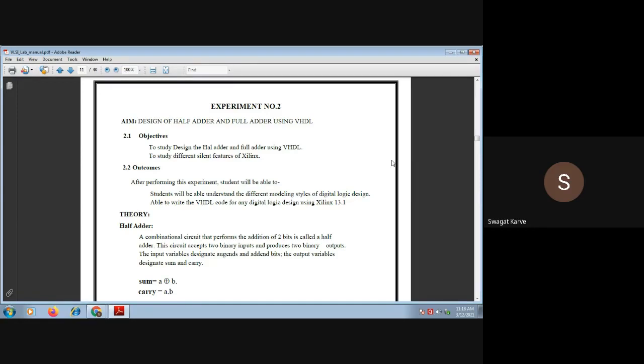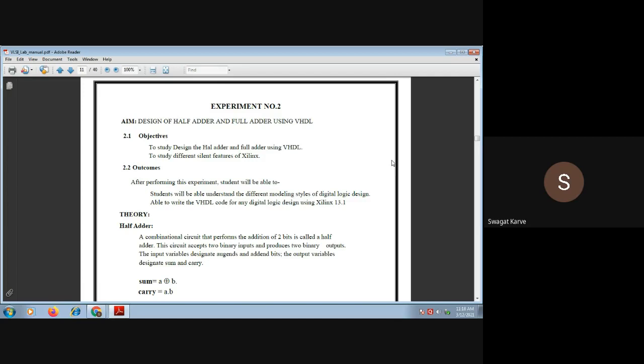What about combinational logic? In combinational logic, no memory is involved, so the output depends totally on the current state. It doesn't have any storage element, but in sequential logic there is a storage element involved.